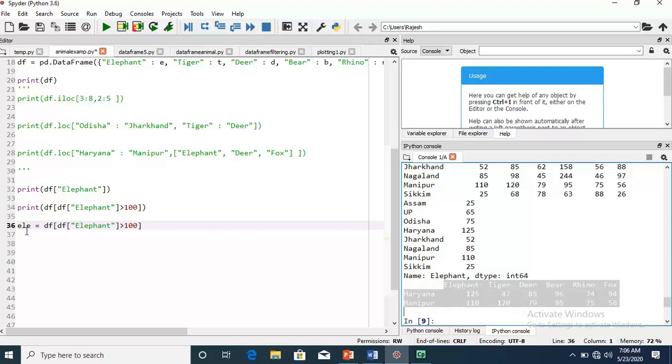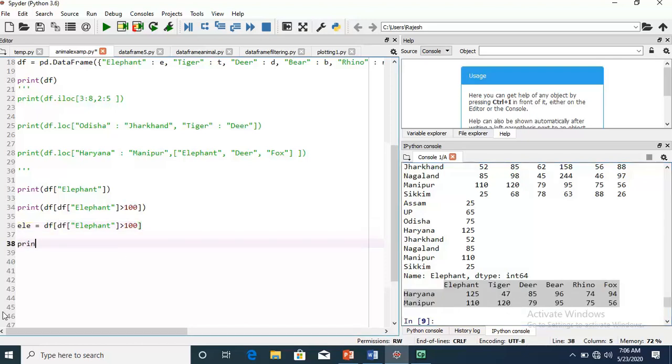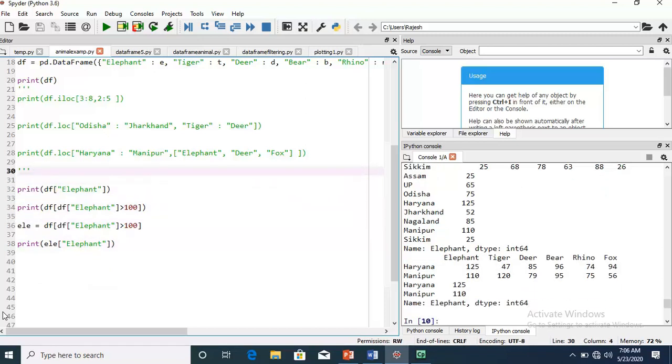In this ELE, we have to print ELE and here our desired column is this. Once I execute this, what you will see here is that we got only the column elephant.